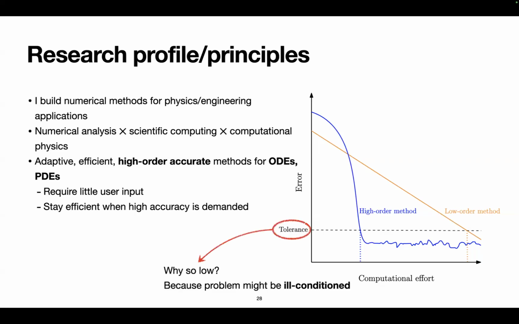But why would you ever want 10 digits of an answer? I mean, usually in practice, 3 digits of accuracy is adequate. And the reason why in some problems you need to set a very low tolerance on the result is because the problem might be ill-conditioned. I will talk about this later, but this means that the problem is extremely sensitive to perturbations in the input. So the answer highly depends on exactly how you set up the problem and what parameters you give it.